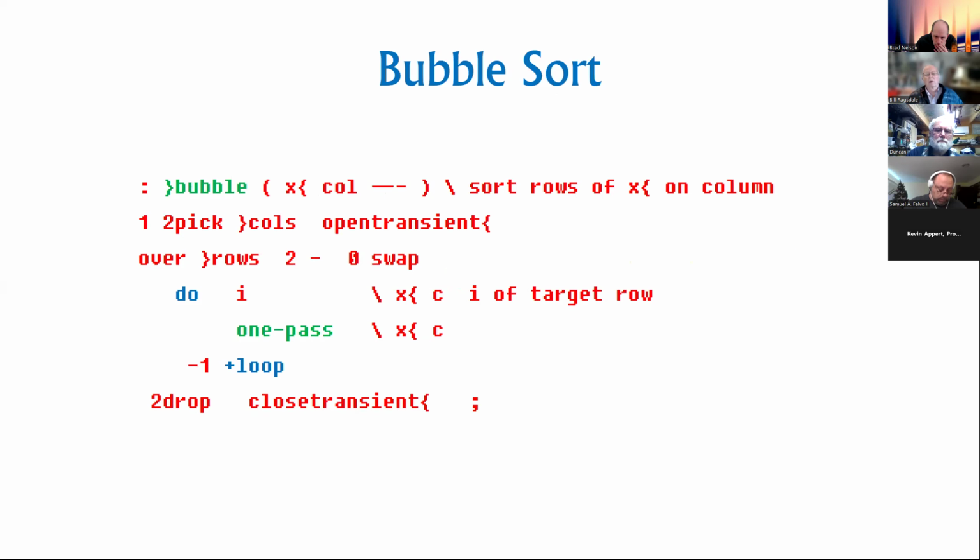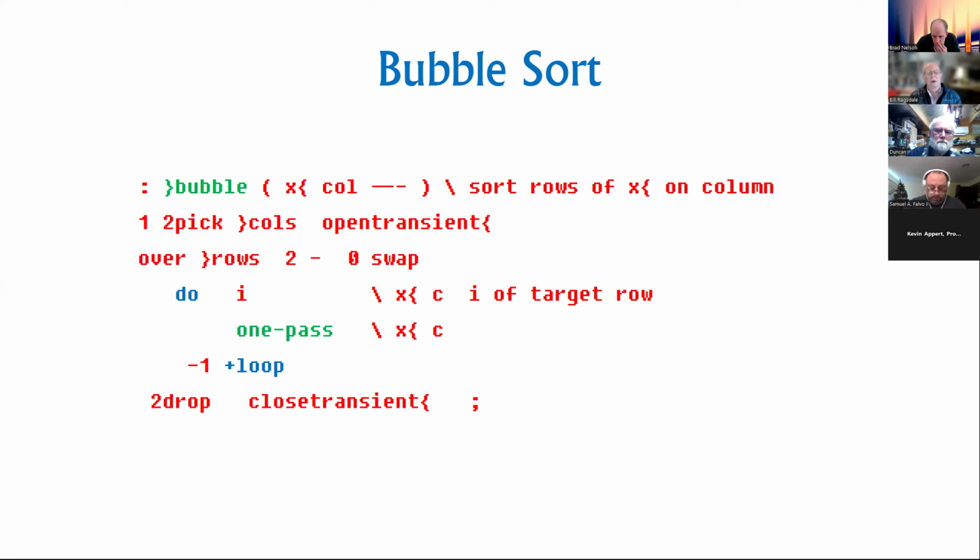And finally, this is the outer wrapper around the whole thing, bubble sort. In this case, we give it the X curly brace, which gives us the matrix. Column is the column number we wish to sort on. And then first step is we open up a transient matrix, which is simply one row. So the 1, 2-pick number of columns, open transient, opens up a transient row, which is all of the columns wide. Then we determine the number of rows in the matrix, and then under the do I is to pick the first row we're going to sort on, and we do one pass, and then sort repeated, then